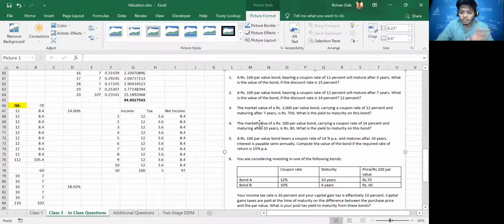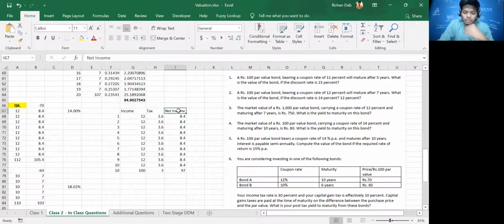Here the question asks me to calculate the post-tax yield from yield to maturity. So initially, how much had I paid? I had paid rupees 70 for that. So if I calculate the IRR of all these things, I should get. Now the issue if I directly use the IRR formula here is that it will assume that this is the 11th year. So I have to add these two up. So the total is